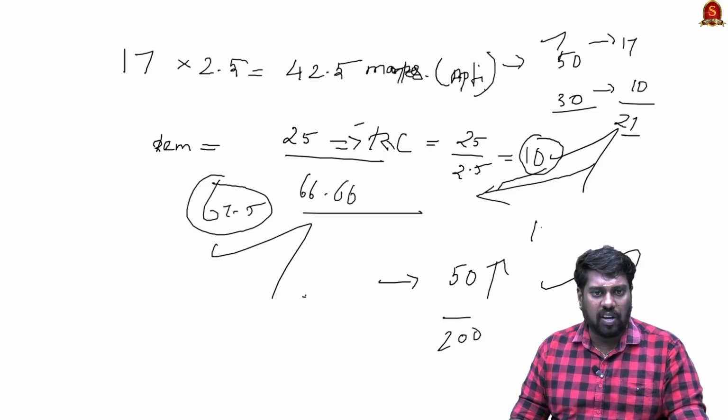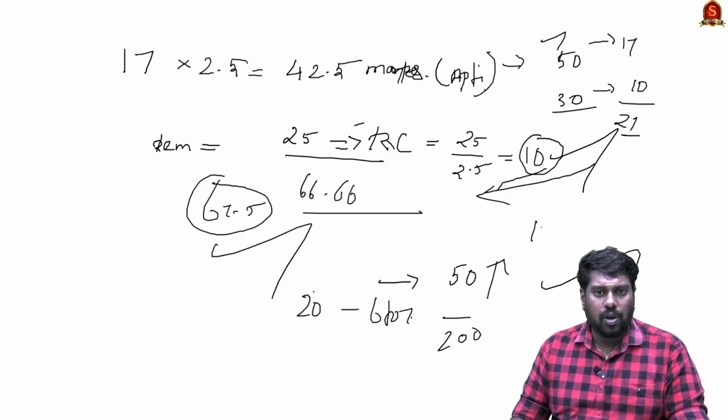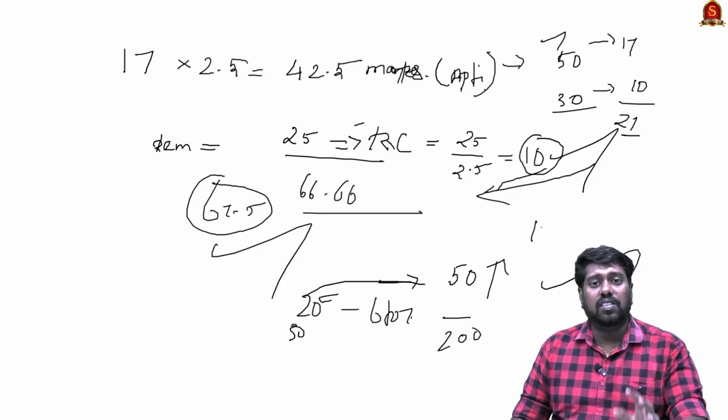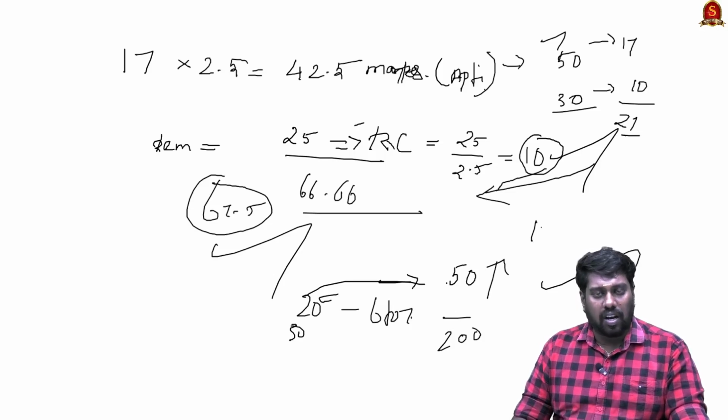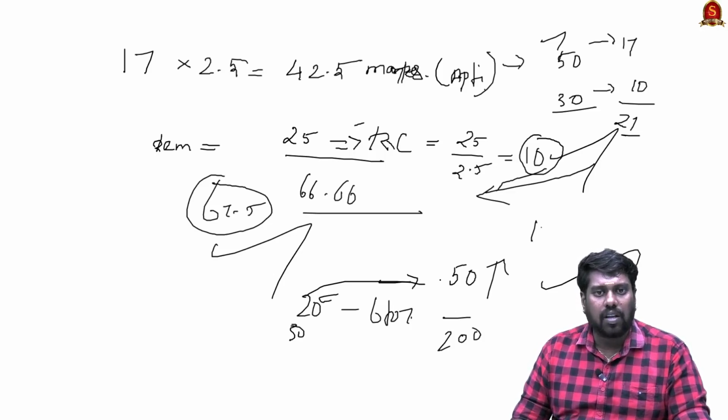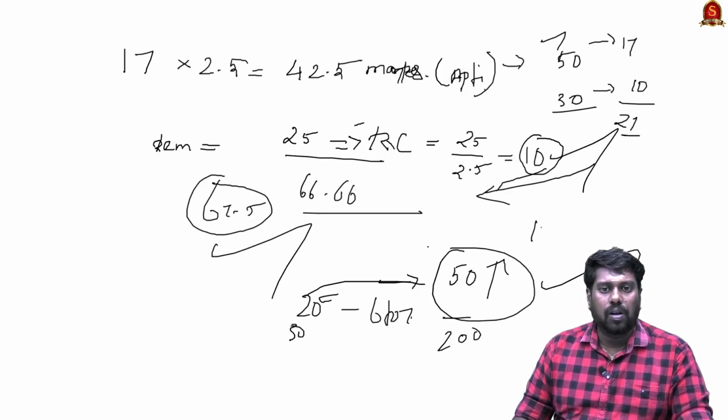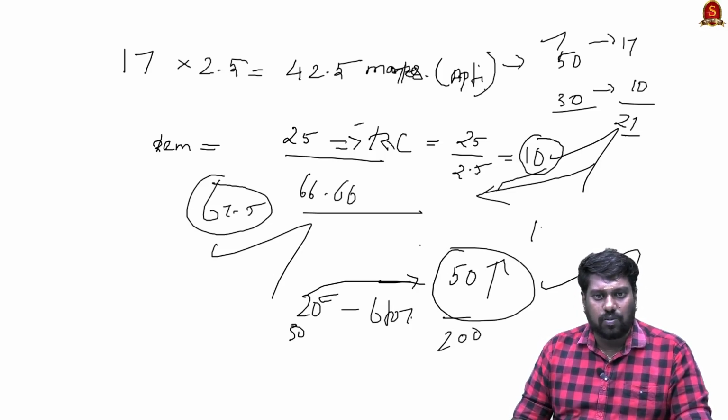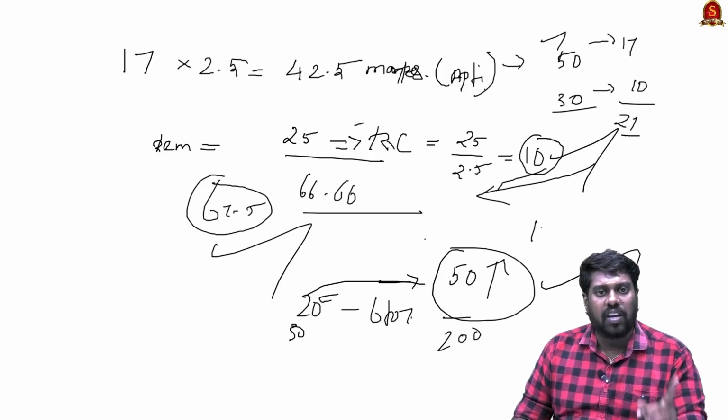For example, roughly you have attempted 20 questions and gone wrong in 6 to 7 questions, or you would have attended 25 or 30 questions and reached the mark of 50. Those who have scored above 50 in this All India Mock Test 1 question paper have a higher probability of clearing CSAT, okay. So kindly use this strategy. Only 2 strategies I have given to you. One is